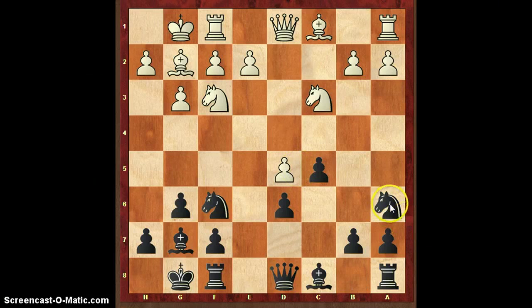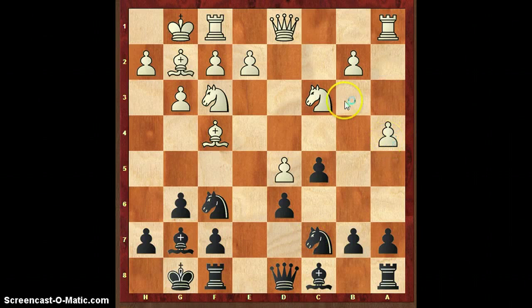Black to move, and Rashid played knight to a6. What is the purpose of this move? Rashid wants to play knight to c7 because the bishop is coming to f4 and knight to b5 and then to d6, so he wants to prevent Zak's moves, and he played knight to c7. We have a4. This is protection for the knight if it comes to b5, and Rashid played b6, not only to capture the pawn if Zak plays a5, but also to make room for the bishop to come to b7.